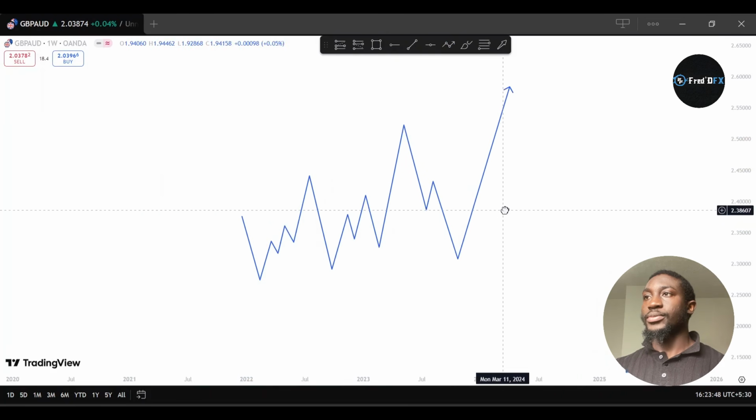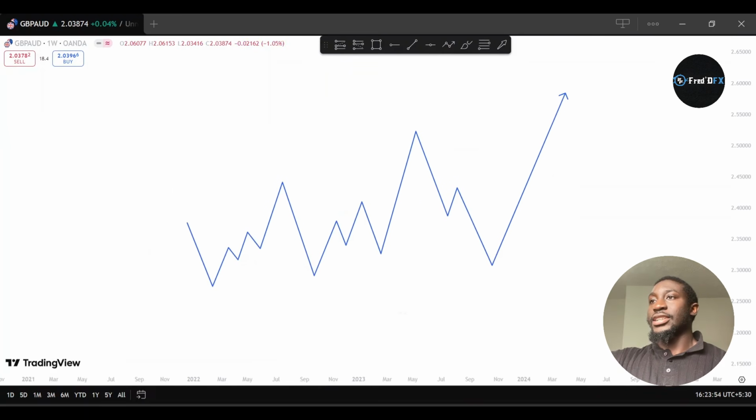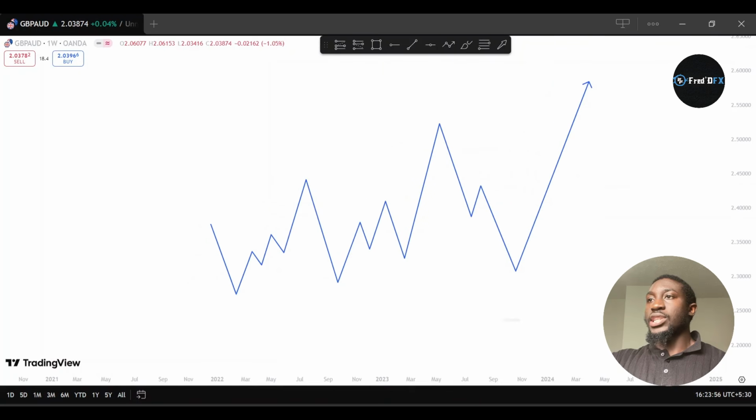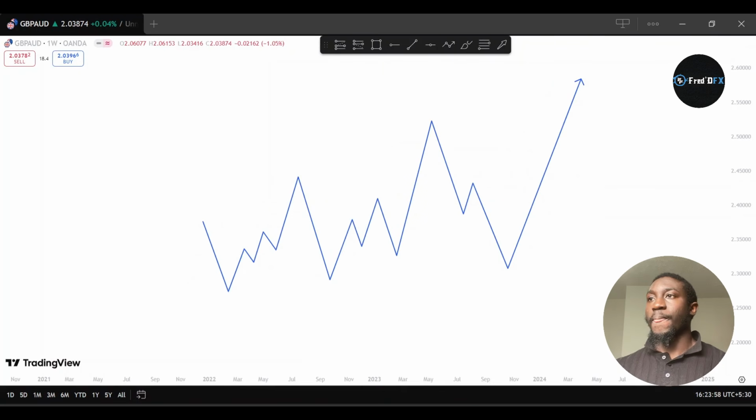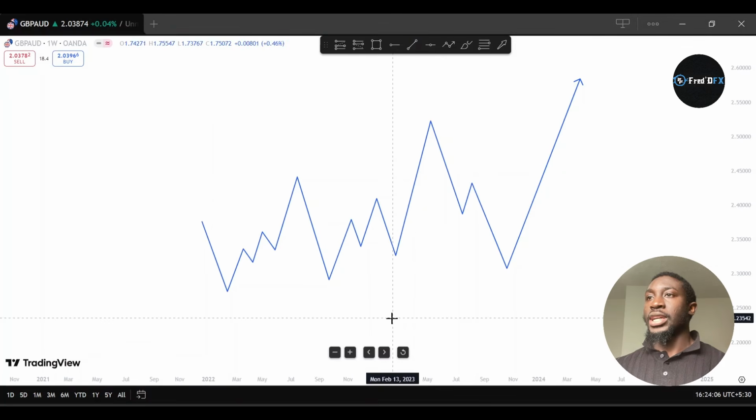Now, I want to give you a clear example of what you are seeing. From this structure that you are seeing on the screen, this is a bullish bias. Now, what is the rule? The fourth rule: wait for liquidity sweep and inducement. Let me explain. If you look at this structure, first of all, there was a break of structure from